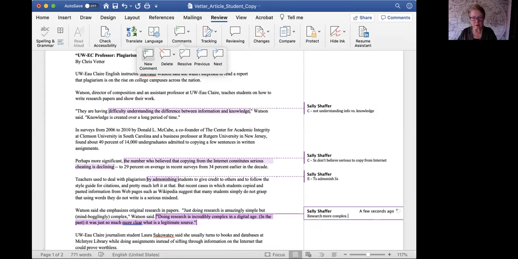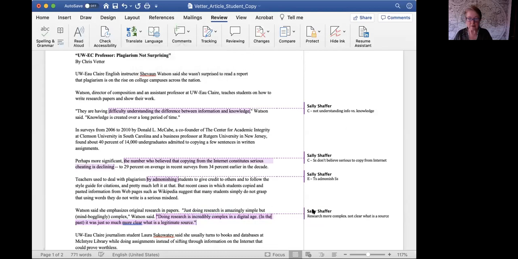Let's see, not clear what is a source. So a source is a person that you need to say, oh, that person said this. So students are not clear about that. All right, so I've got this, and what is this? Is it cause or effect? It's cause. Okay, so